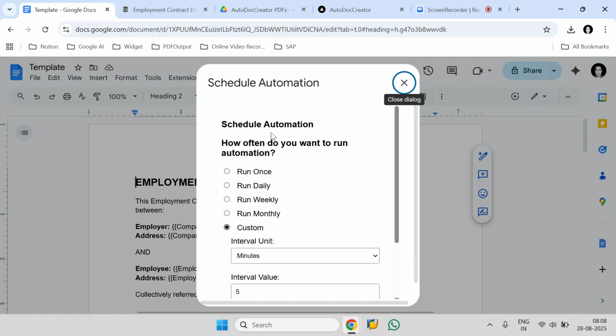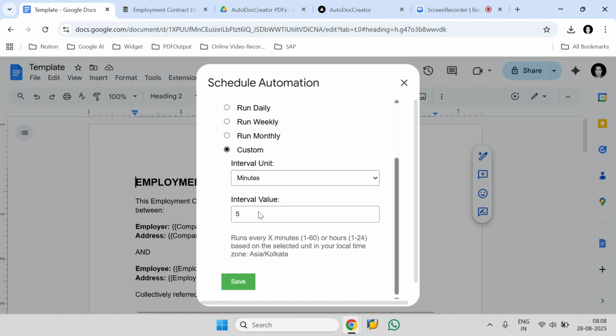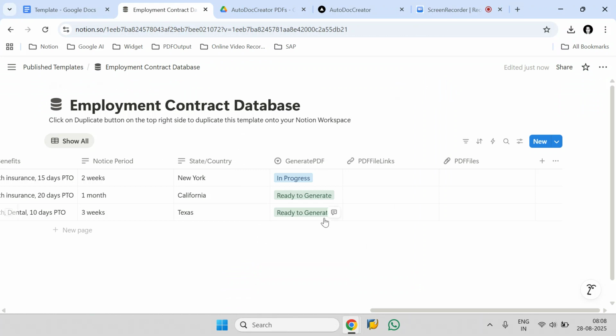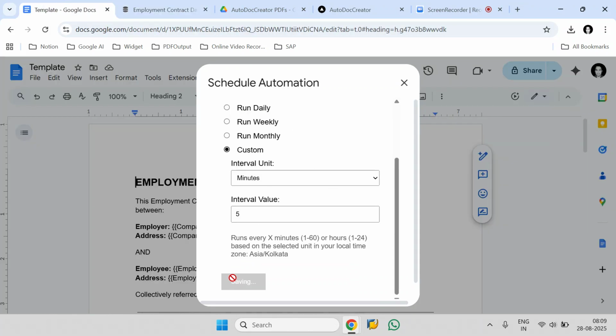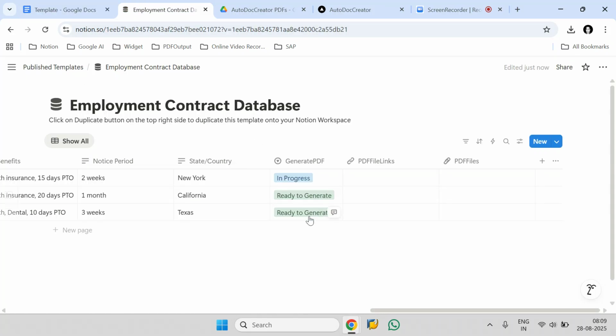So as you can see, the schedule automation is showing me how often I want to run this automation. I have already set it to run every 5 minutes. So every 5 minutes, it will automatically check my database and it will create my PDF files for me. Once you hit save, it will go through the database and check every 5 minutes